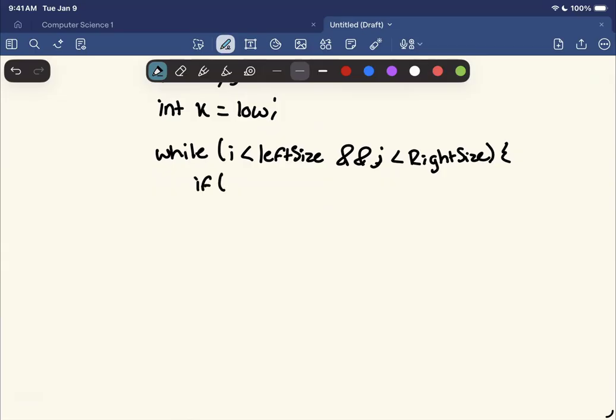So if left array at index i is less than or equal to right array at index j,